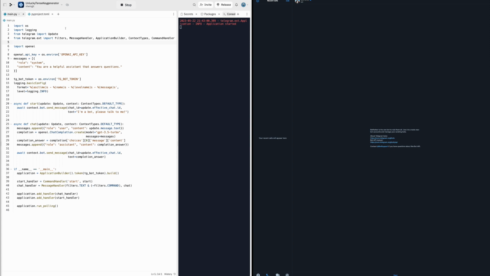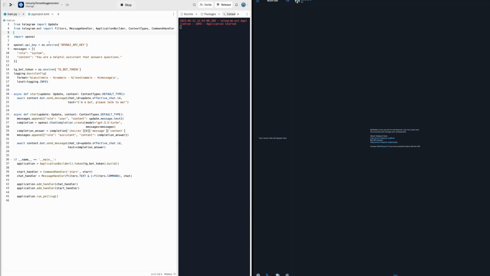Telegram is like the base API, and then the Telegram extension gives you a lot of more abstracted primitives to work with. So you're getting going faster with less configuration. And then last but certainly not least, we've got the OpenAI package. And so the first thing that we do is we pull in our